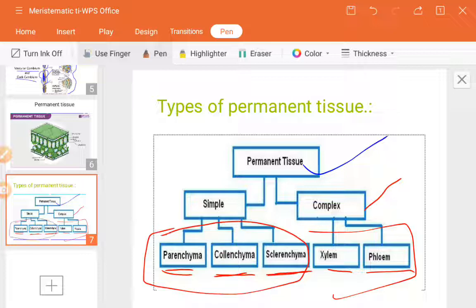Okay, this is our main aim in this chapter, to understand the permanent tissue and meristem tissue, apart from the vascular bundle, the tissues which are present in the plants. We will see in detail, but first of all you should keep in mind what the meristematic tissue is, what they are, where they are situated, and where the permanent tissues are located. The chart I have shown you, just keep it perfectly in mind, then you can understand what their subtypes are, what the major types are.